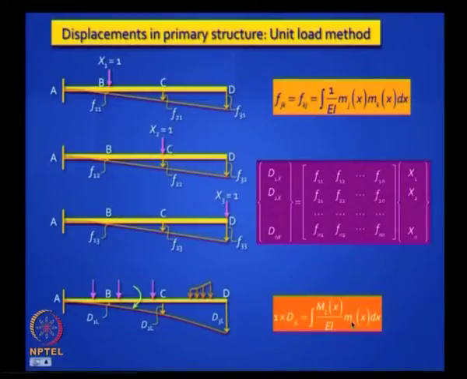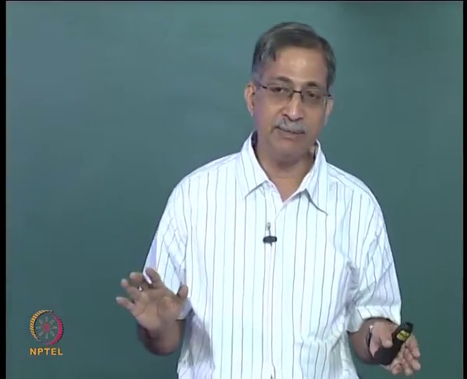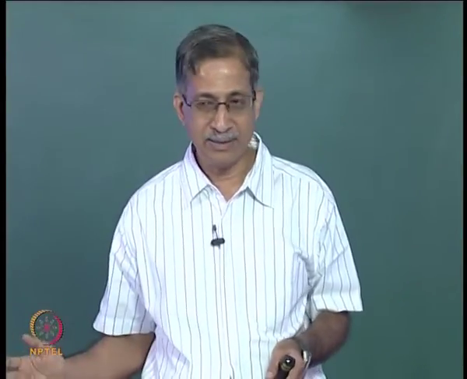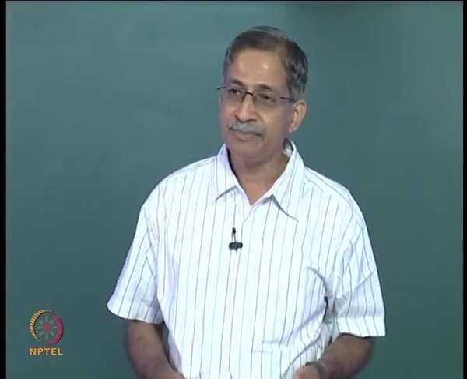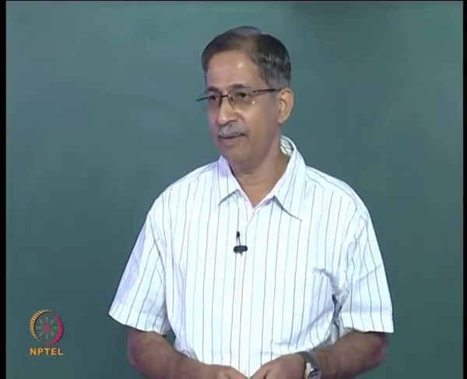So you need how many diagrams? You need one moment diagram which I call ml, caused by the external load on the primary structure, and I need separate diagrams caused by xj equal to 1, x1 equal to 1, x2, which I call small m 1, 2, 3, 4. With the help of these diagrams, and if you want to do it manually with area multiplication method, I can get all the answers. We will see later in matrix methods, you do not have to do this manually, you write a program which will generate everything automatically.